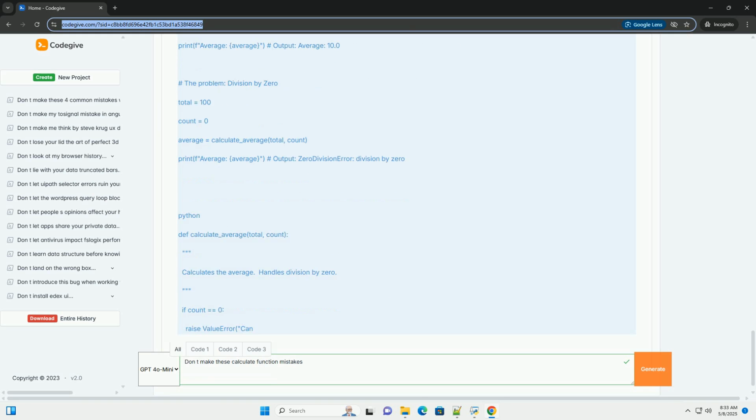Error handling strategy: the function returns None to indicate that an error occurred. Alternatively, you could raise a custom exception or return a default value. Best practices for error handling: